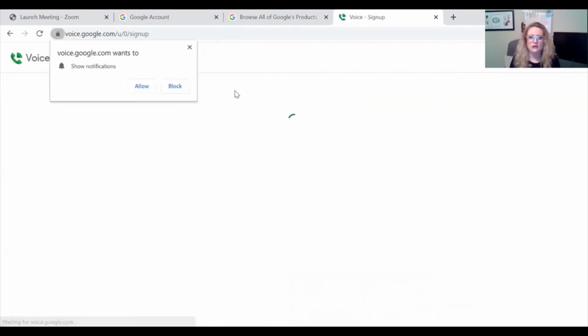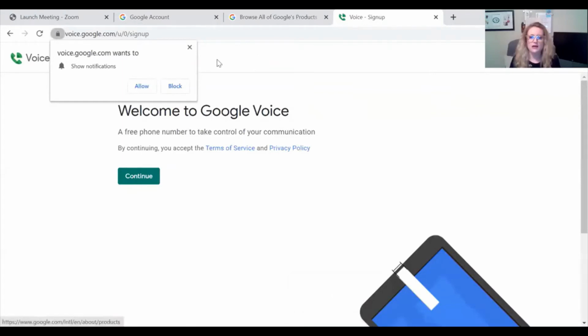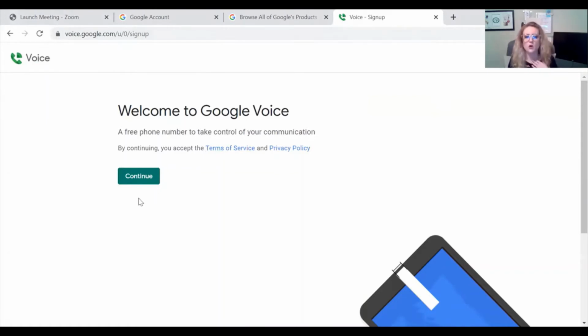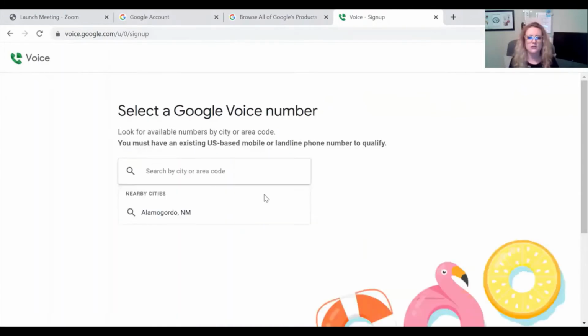Just going right along with my Google account that I have here. Do I want it to show me notifications? Yes, I do, because let's say I'm working on another page, then I will see a notification that lets me know I've got a phone call or a voicemail. I'm just pressing continue here. Do I understand the terms of service? Of course I do. And then it's going to ask me like the area that I want my area code